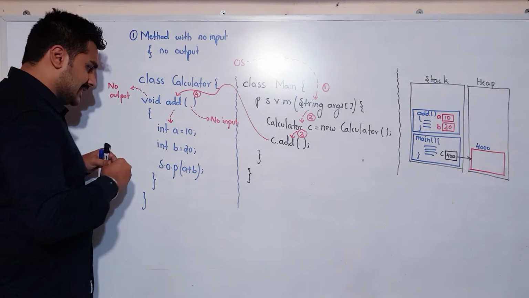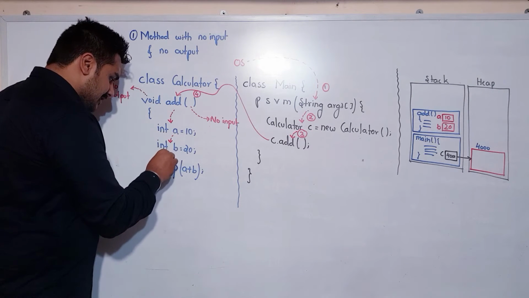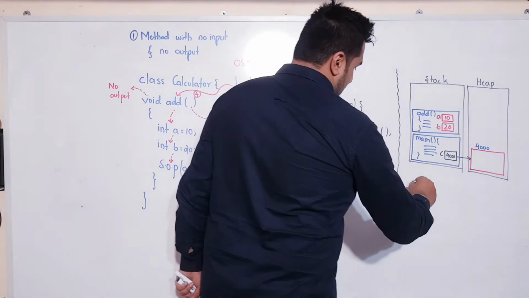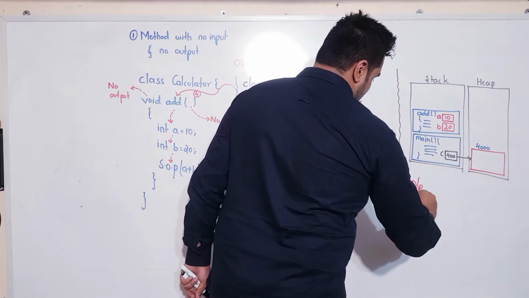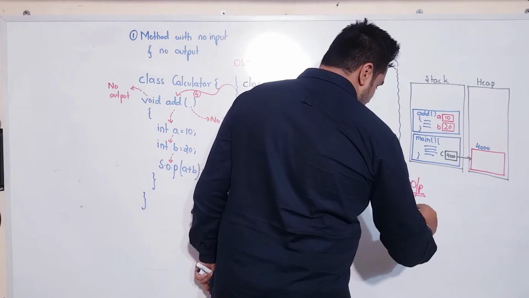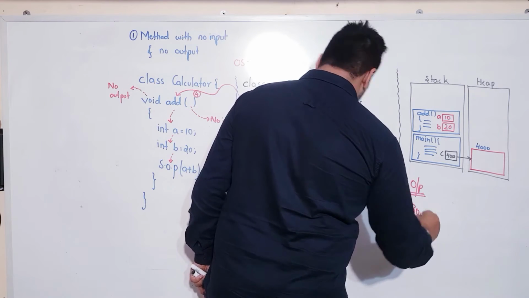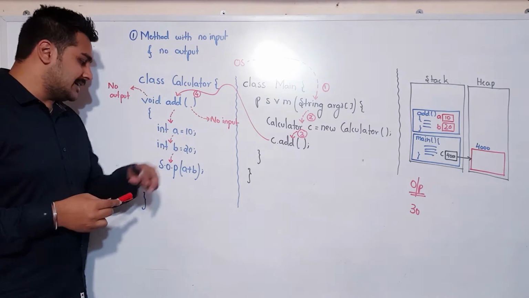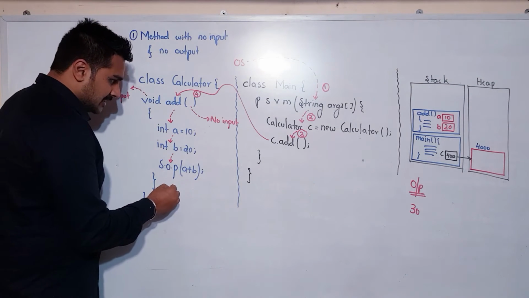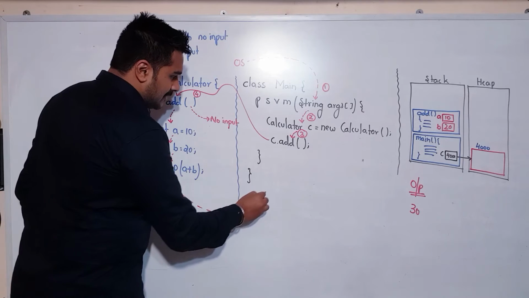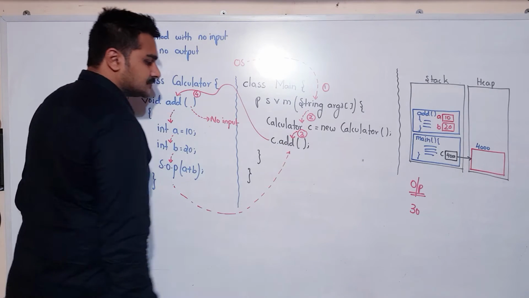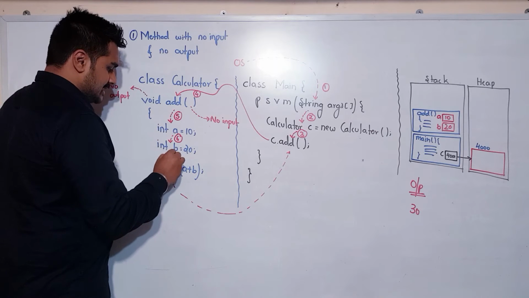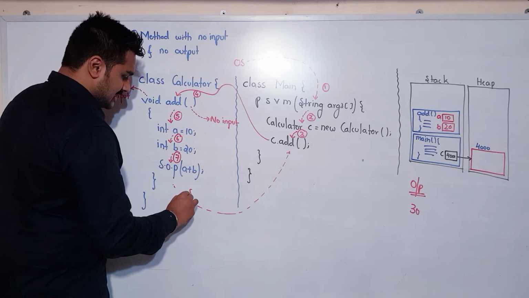Okay, sir. The execution will come till here. What are you telling? Print the output. In the output screen, print the value of A plus B. I am telling it as 30. Once I print it, what will happen? I am leaving this particular function and I am coming back to this particular line. This is step number 5, this is 6, this is 7, and this happens to be 8.